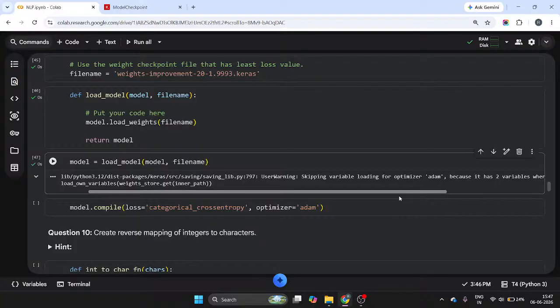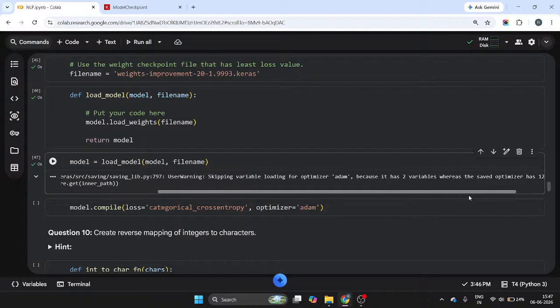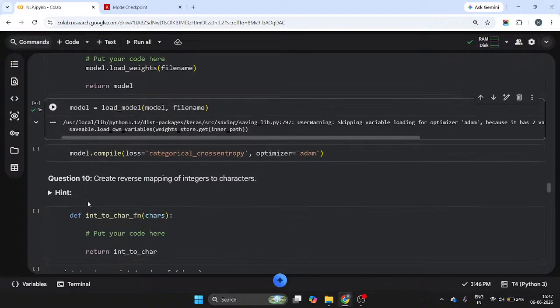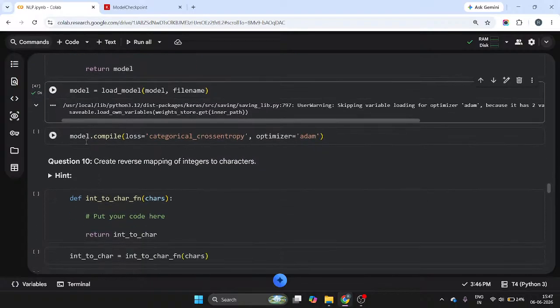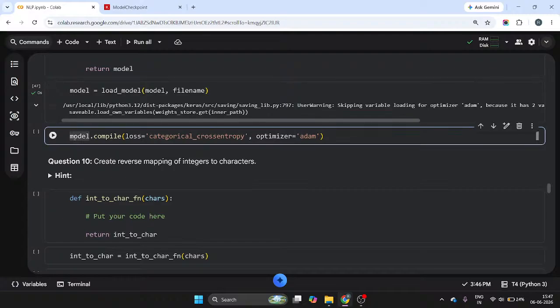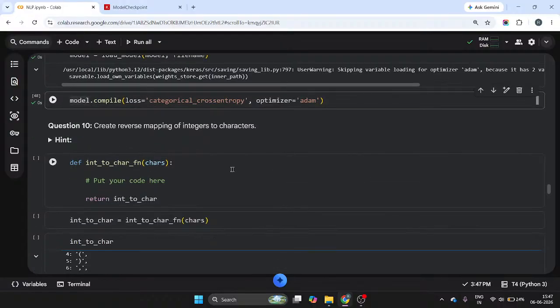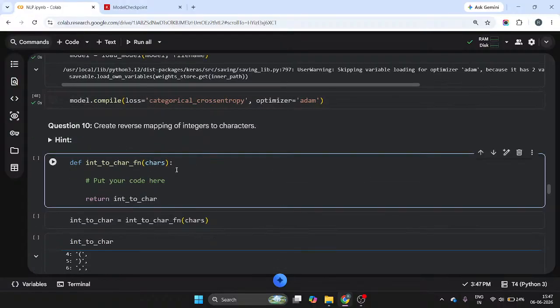So one warning is coming: skipping variable loading for optimizer add-on because it has two variables, whereas the same optimizer has 12 variables. Then we do model.compile, categorical cross entropy, and the optimizer will be the add-on. Now, what it is saying,